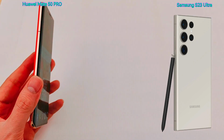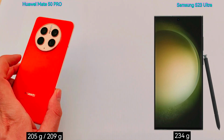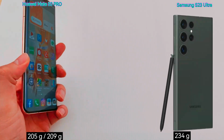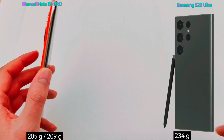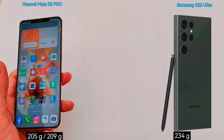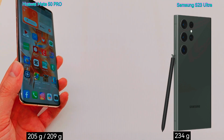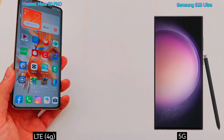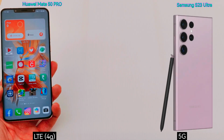If we talk about the weight here, Huawei Mate 50 Pro comes with 205 gram. This is for the vegan leather, which is the orange color, which I have right now. There is another version which is back glass. It's 209 gram, and Samsung S23 Ultra comes with 234 grams. Plus also if we talk about the network, Huawei Mate 50 Pro only has 4G, but Samsung S23 Ultra